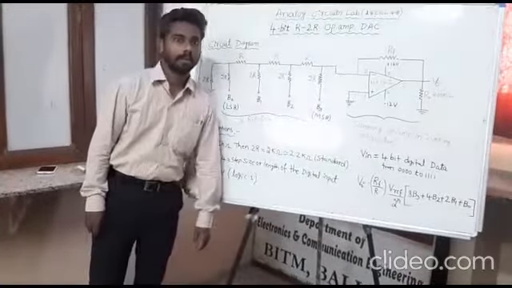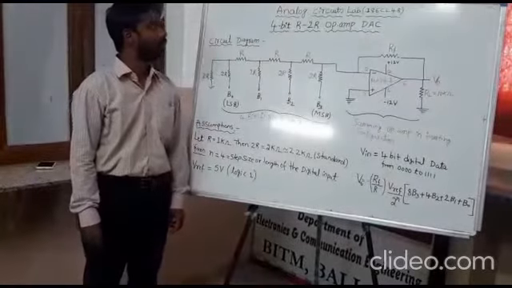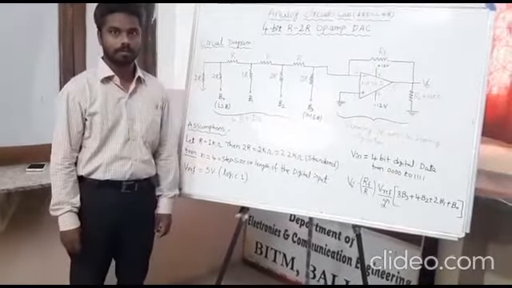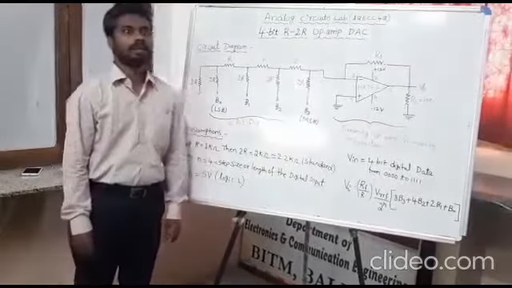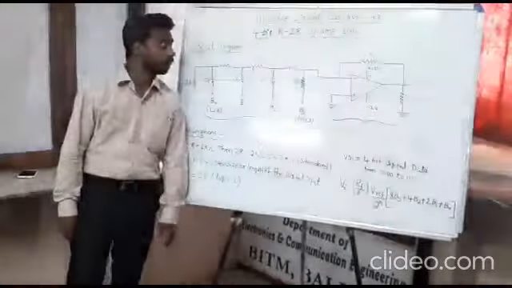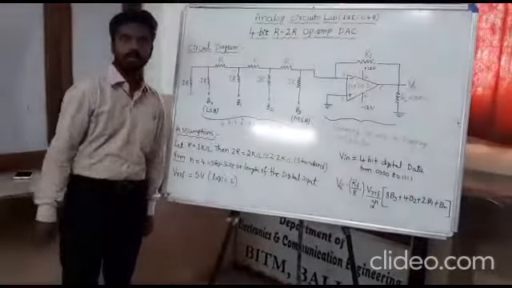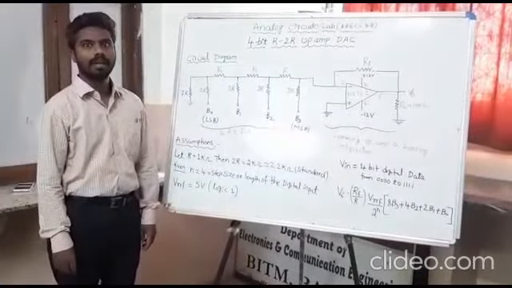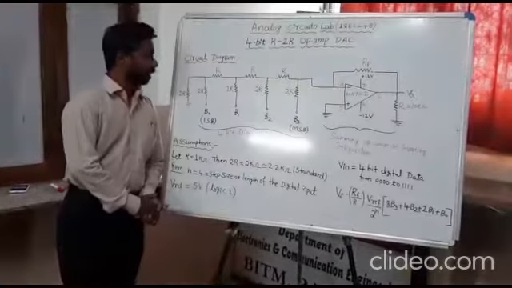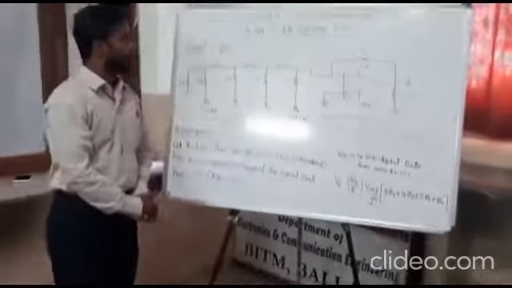So today in this session we will be demonstrating an experiment entitled 4-bit R-2R digital to analog converter using op-amp MUA741. Before taking you on to the actual live demo with the hardware components, let me first explain the circuit diagram of the R-2R op-amp DAC with the following assumptions, followed by design considerations of the said experiment.